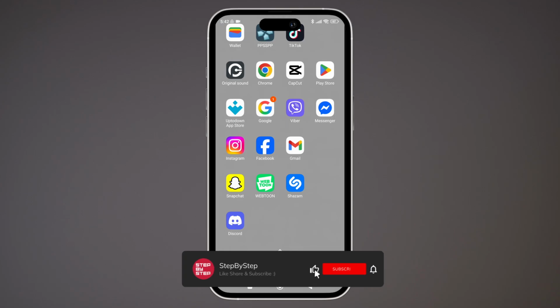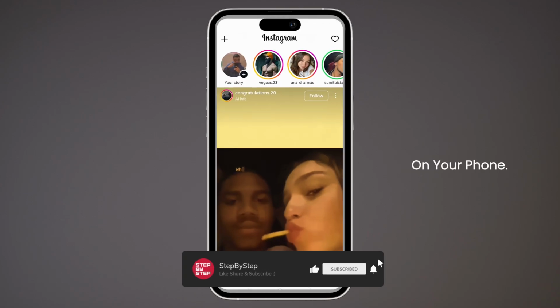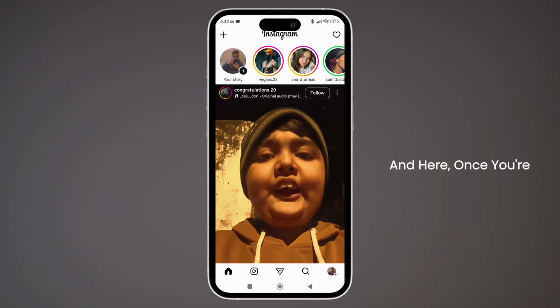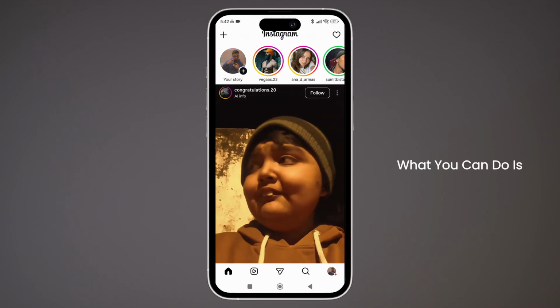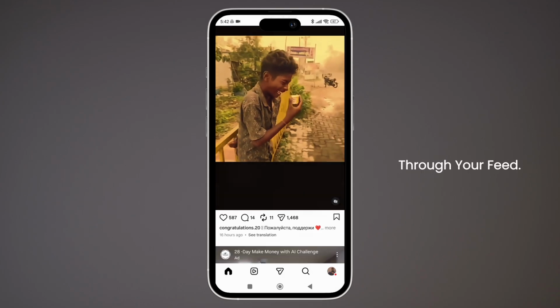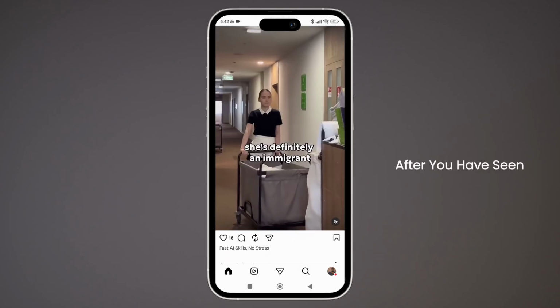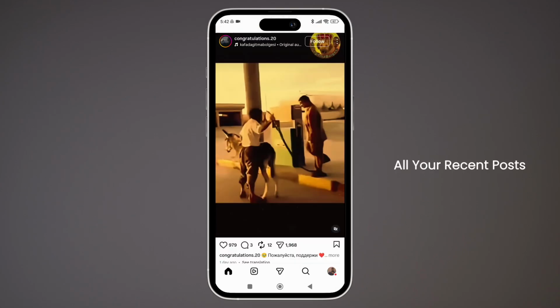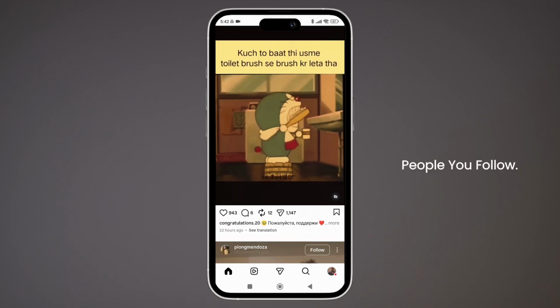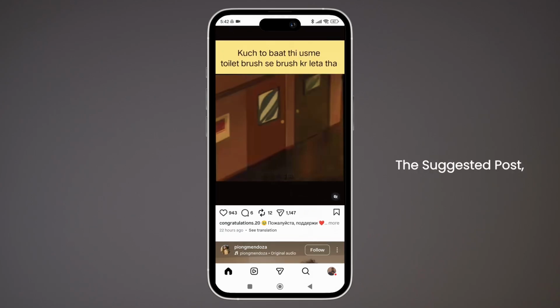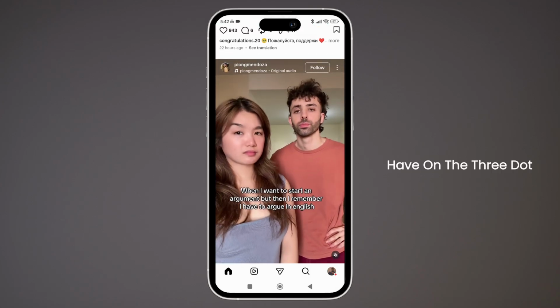So here, first thing, you have to open the Instagram app on your phone and make sure that you're logged in with your account. And here, once you're inside the app, what you can do is simply scroll through your feed, and their suggested post will usually appear after you have seen all your recent posts from the people you follow. And here, once you find the suggested post, what you can do is just tap on the three dot